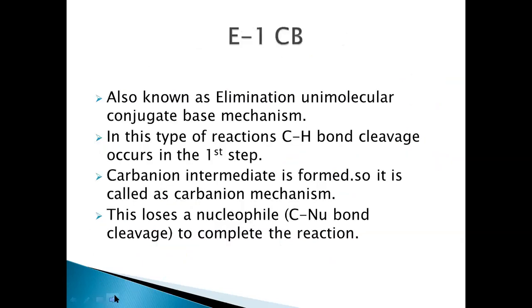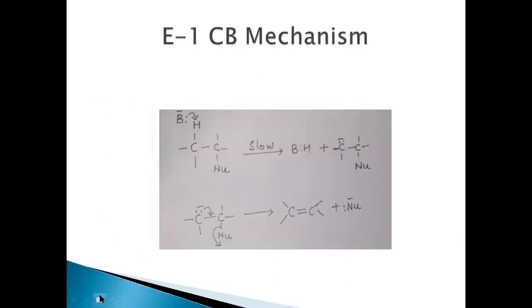Now let's see the third mechanism, that is the E1CB mechanism, which means elimination unimolecular conjugate base mechanism. So again, let's see the mechanism of this. Here in the E1CB mechanism, it proceeds through two steps, where in the first step, the C-H bond breakage is occurring, unlike the E1 mechanism, where the C-Nu bond breakage occurs in the first step. Here the base will come and abstract the proton in the first step itself, resulting in the formation of a